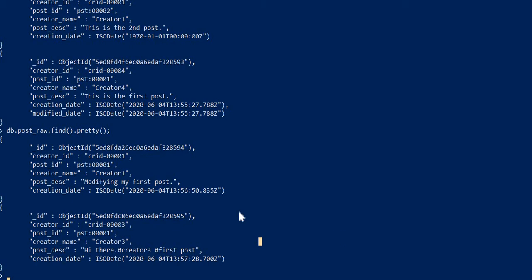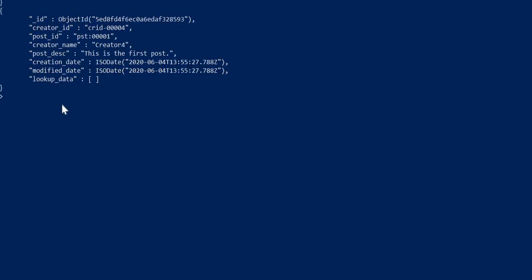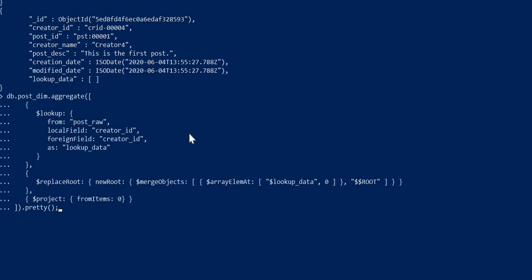So as I was referring, we have to get the lookup out of it, right? Okay, so let's do it. So this is the lookup functionality which lets us look up between different collections. As you can see, in the lookup we have used postdim as the target collection, and from post raw as the lookup table we have the local field, which is